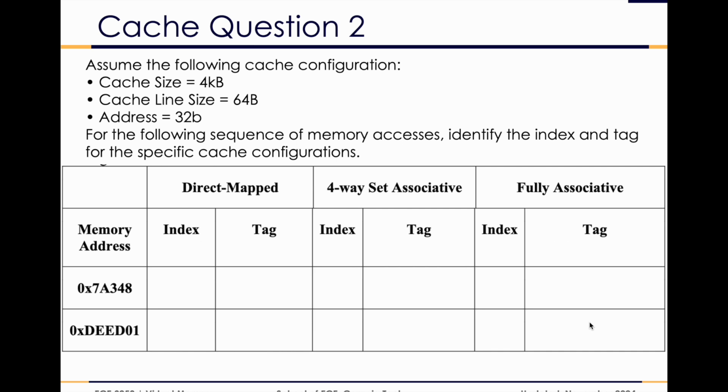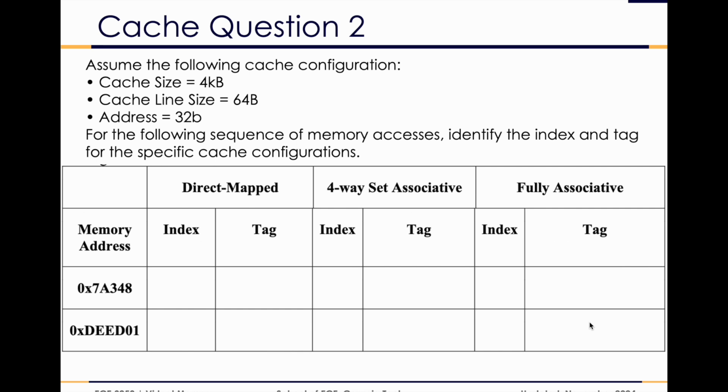Okay, so again, hopefully you've paused the video and done this so we can get started on solving it. The first thing we should look at is the direct mapped. For direct mapped, it's all just sets, as you know. So we need to find the number of sets first. Since there's no associativity, we can do this pretty straightforwardly. 4 kilobytes, which is 2 raised to the power of 12, is the cache size. So that's 4096 divided by 64, because the cache line size is 64,